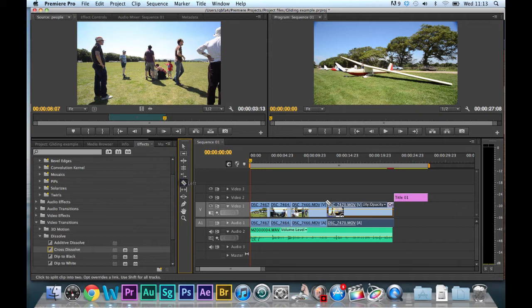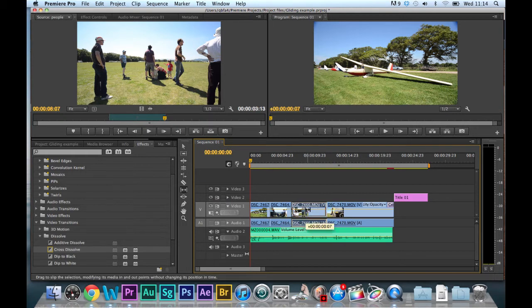The razor tool we looked at last time is a very simple but very useful tool just for making cuts to your clips, and then you can divide them up and move them around if you need to. And then a couple of other tools down here at the bottom, slip and slide, work in similar ways but slightly different. So if we do a slip edit,